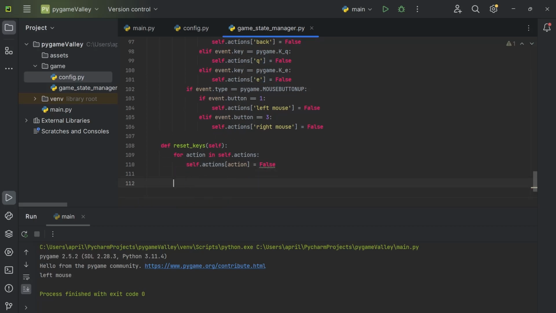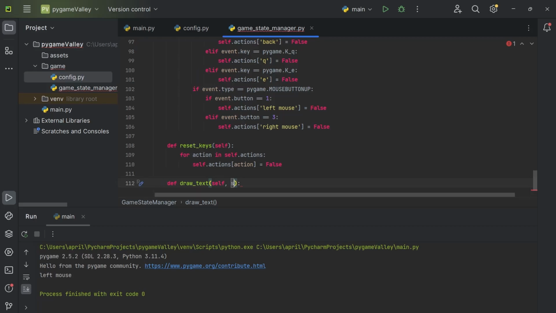Okay, so now the game manager needs a draw text function. And that's going to take self. I got this from CD Codes also. I believe it's in his menus tutorial. That and the Bad Coding Habits Pokemon clone tutorial will be linked in the description. So draw text will take self, a surface to draw the text to, the text, a size, a color, and